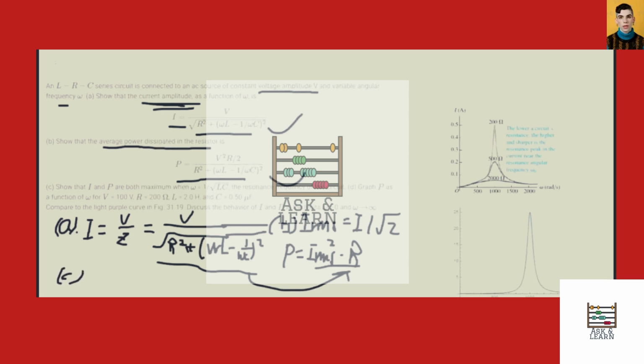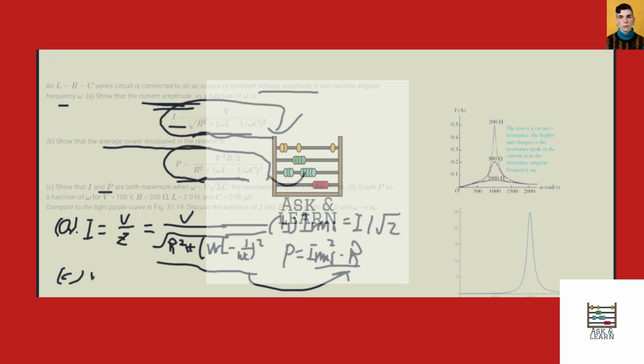it asks us to show that I and P are both maximum when omega is 1 over square root LC. So this is actually very easy. If we look at these two formulas, we see that the only part that depends on omega is in the denominator. So this is omega L minus 1 over omega C, and we also have this formula here, omega L minus 1 over omega C. So to maximize both formulas,